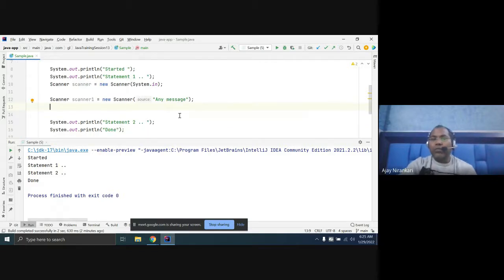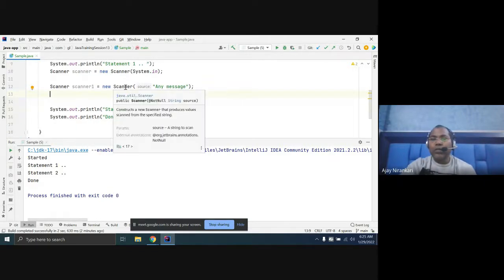What happened? Here you are writing Scanner with a string, and there is no problem. The constructor creates a new scanner with the provided value. So whatever value you give, it just takes it here.